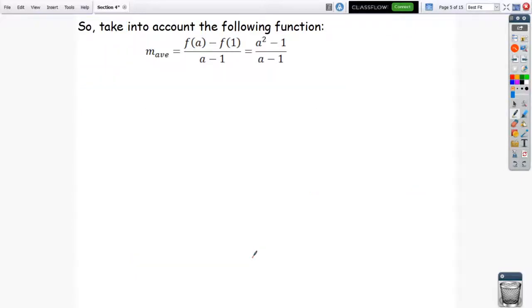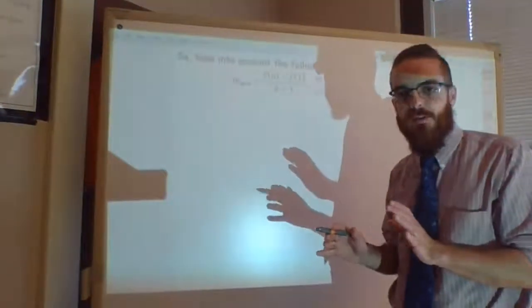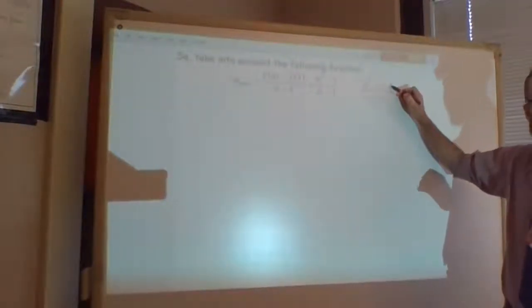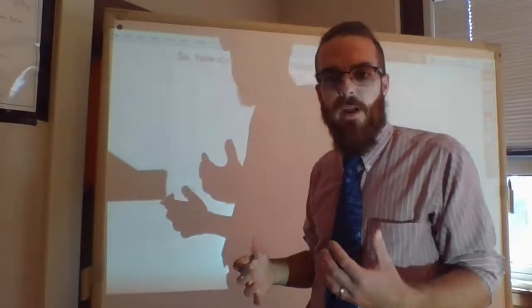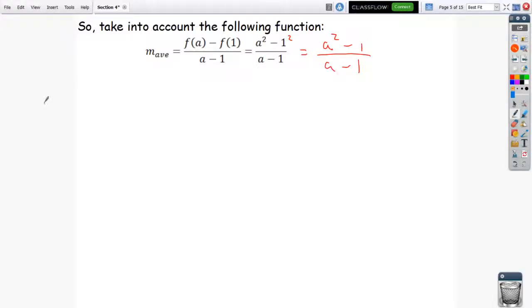Here, this is just the formula that was on the previous page. It's f of a minus f of 1 over a minus 1. Really, that's a squared minus 1 squared over a minus 1, which is a squared minus 1 over a minus 1. All right? In that previous activity on GeoGebra, we were trying to take a and move it as close to 1 as possible, but we acknowledge that we can't get it right on top of a. So, if we wanted to find the m inst,